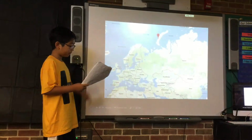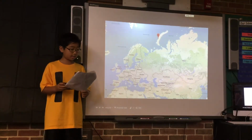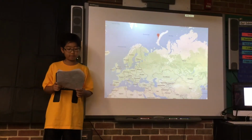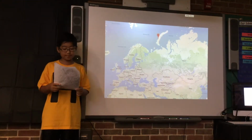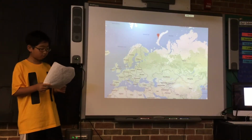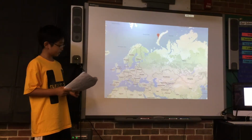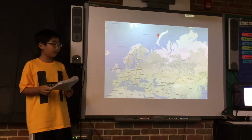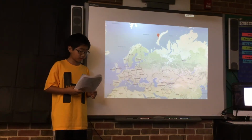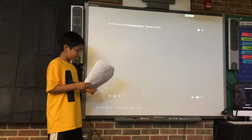It was tested in a place called Novaya Zemlya, a windy, cold, and desolate place above the mainland of Russia, where over 244 Soviet bombs were tested. From there, windows in Finland and Norway shattered, 560 miles at max. The red point is the test site. The shockwave from the bomb instantly circled the Earth 3 times, and brick buildings 25 miles away collapsed. Let's watch a video of the Tsar Bomba. This is the